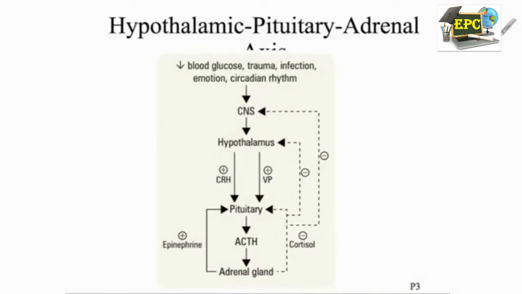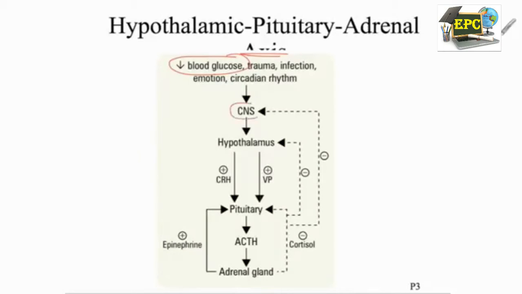As with most endocrine glands, we have an axis that controls it, and here we have the hypothalamic-pituitary-adrenal axis. If we have a situation where there is a drop in blood glucose, or even a trauma that ended with massive blood loss, then taking the decreased blood glucose as an example, this would be